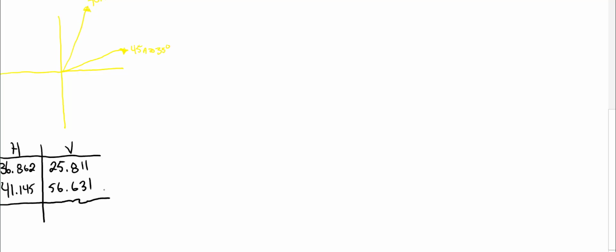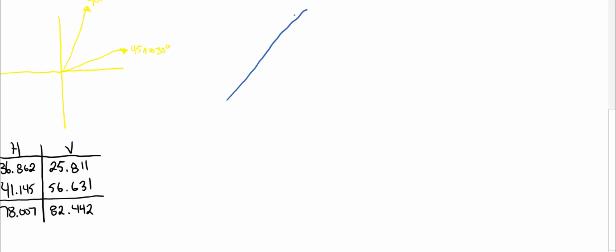They give me totals of 78.007 and 82.442. Fantastic. Our next step, take that new horizontal and vertical, so our total horizontal and our total vertical, plot